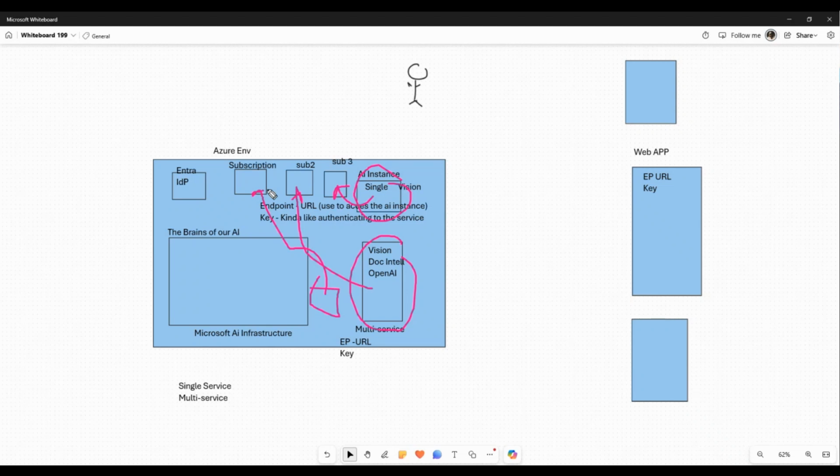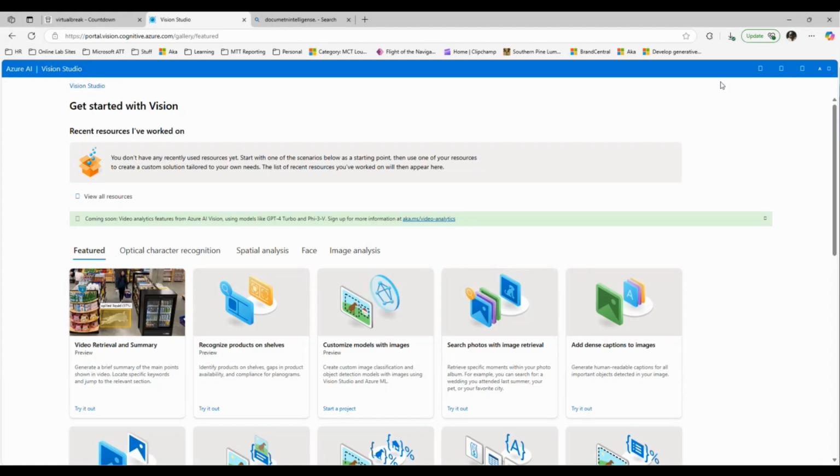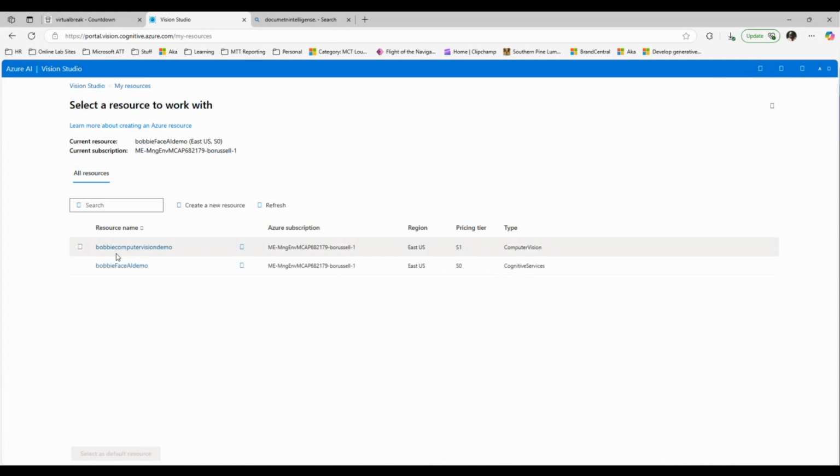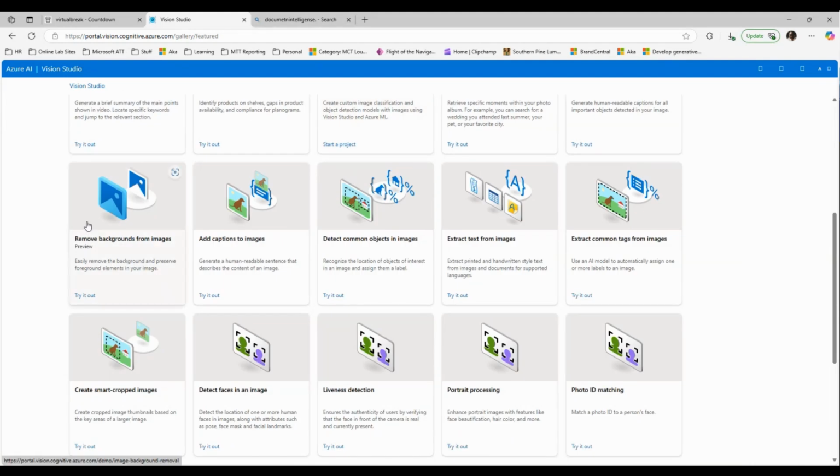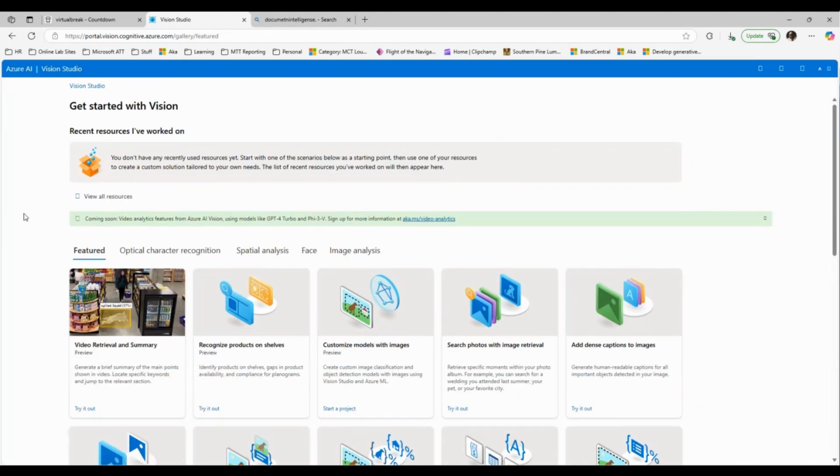So that's the nice thing about doing this: by selecting which one you want to use, you're basically changing the billing that you're using for it. All right. So the nice thing about the pages is they give you some samples of what you can do,